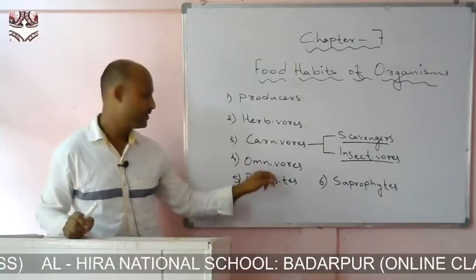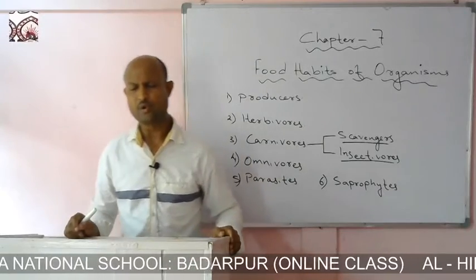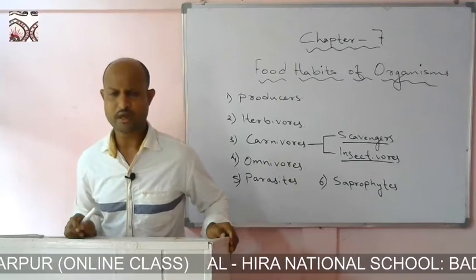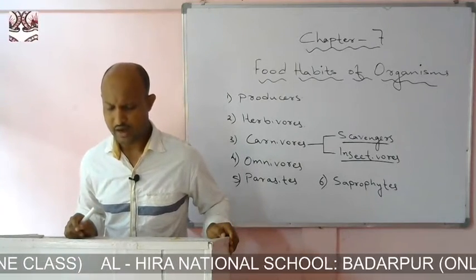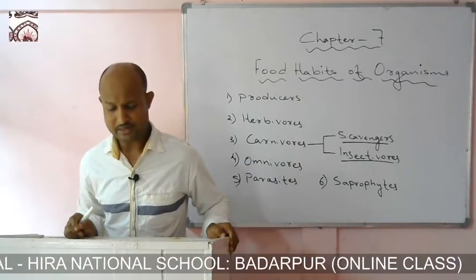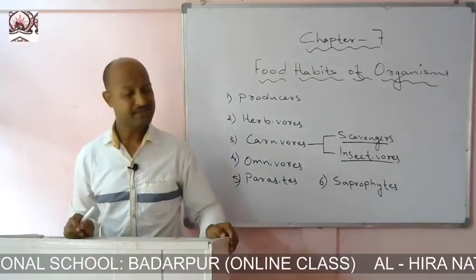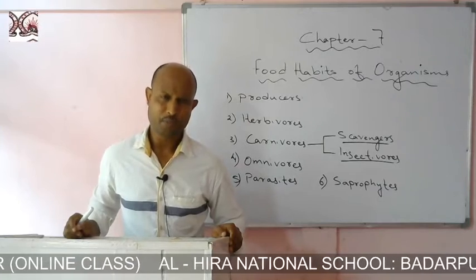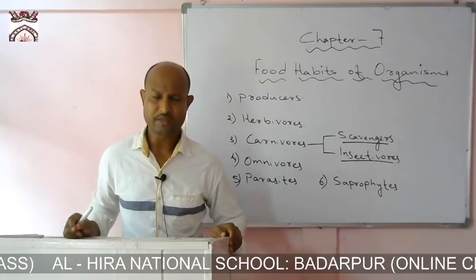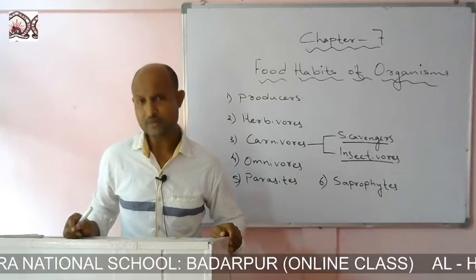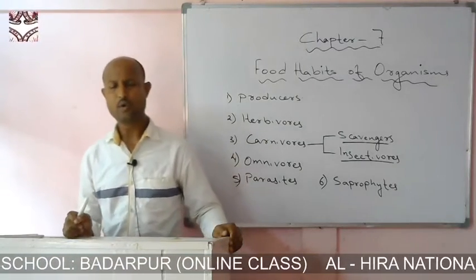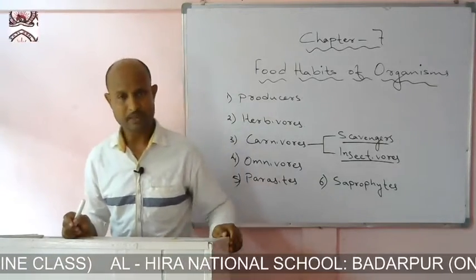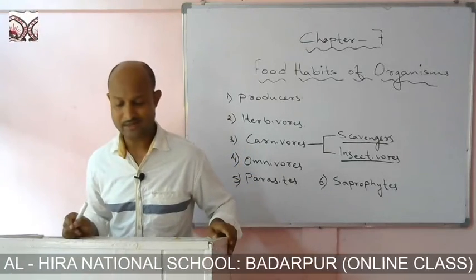Our next group is the omnivores. Under this group, we get all those organisms that feed on both plants and animals. Even human beings come under this omnivorous group. Polar bears are entirely carnivores, we can say, while giant pandas are mostly herbivores. But pigs, rats, hedgehogs, and most of the bears come under this omnivorous group because they often depend on both plants and animals for their food. So in short, all those organisms that feed on both plants and animals are known as omnivores. For example, human beings, most of the bears, pigs, rats, and hedgehogs.